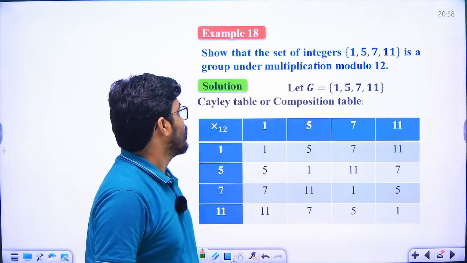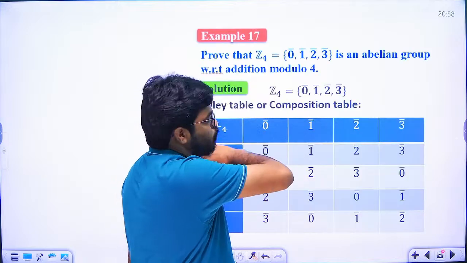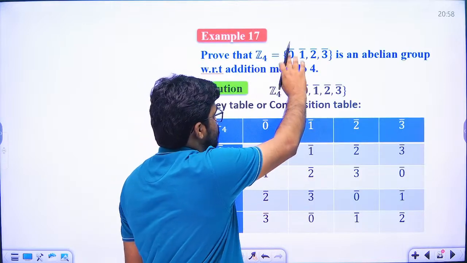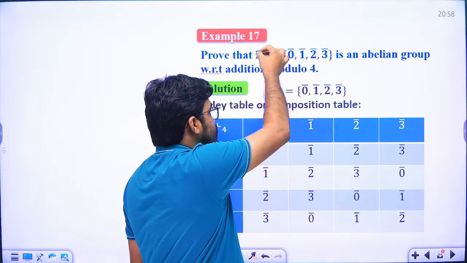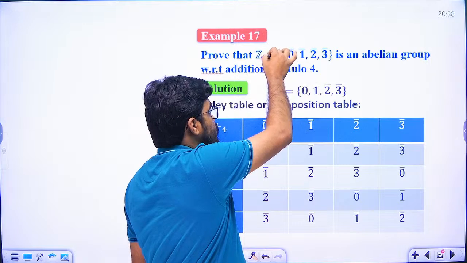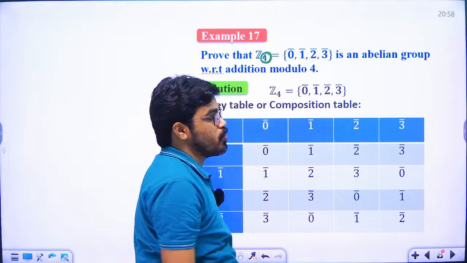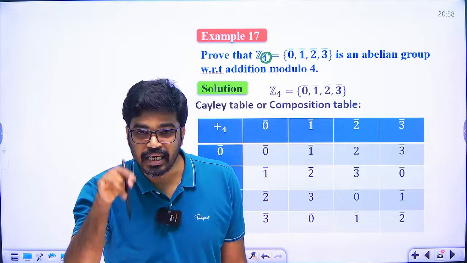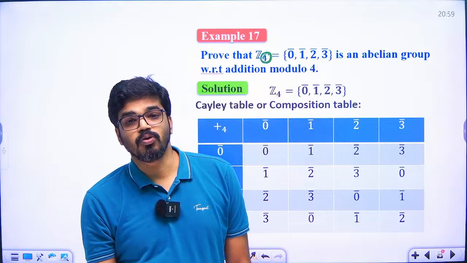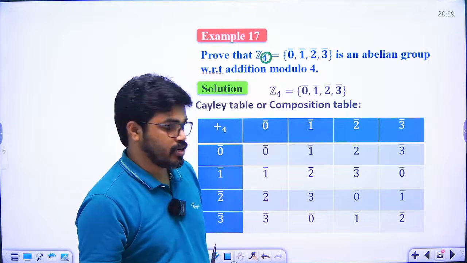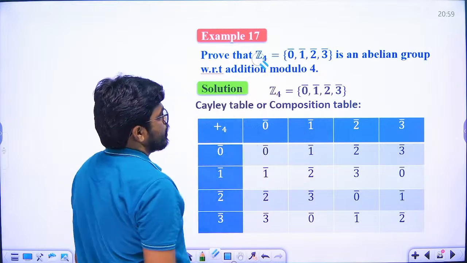Z4, just see, Z4. What are the elements of Z4? 0 1 2 3. So this is an abelian group with respect to addition modulo 4. Similarly Zn is an abelian group with respect to addition modulo n, right? Okay, clear? So next,